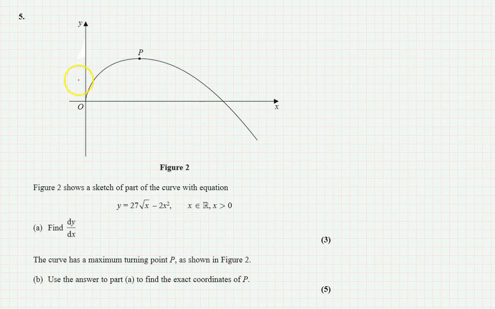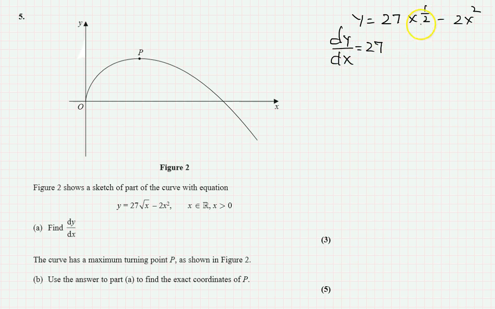Let's move to the next question, number 5. This figure shows the sketch of a part of a curve. The equation is y is equal to 27 root x, which can be written as x to the power 1 over 2, minus 2x square, where x is real and greater than 0. We have to find dy over dx. So dy over dx is